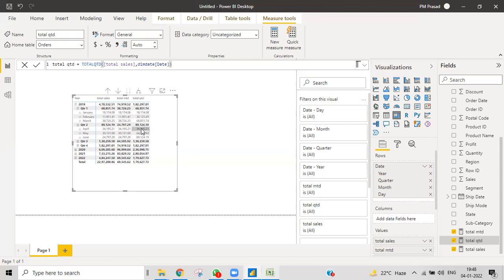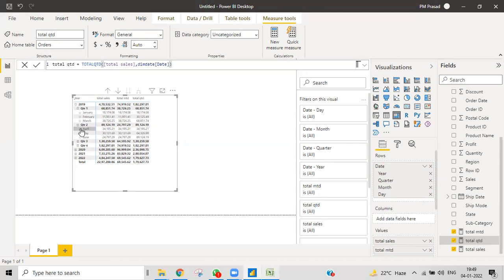Even if you go inside, it will accumulate all the dates until the quarter ends. In QTD, it will accumulate all the sales from April 1 to June 30.